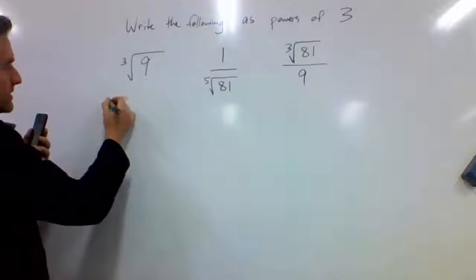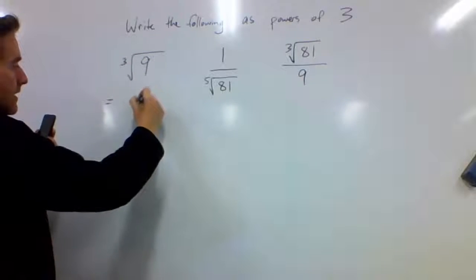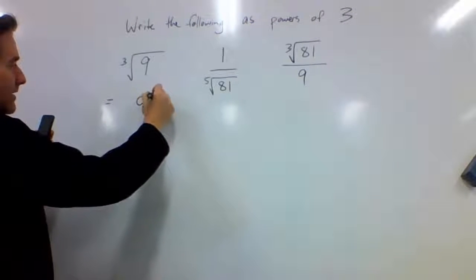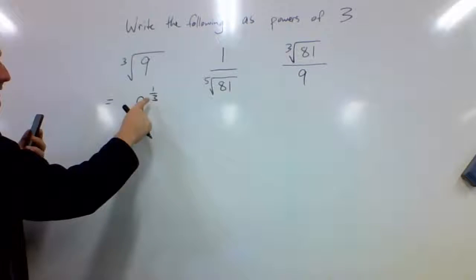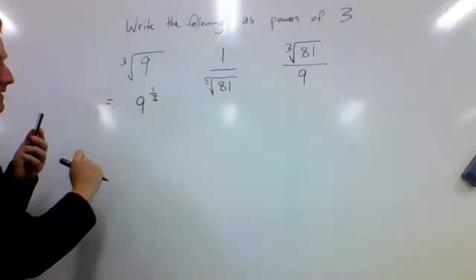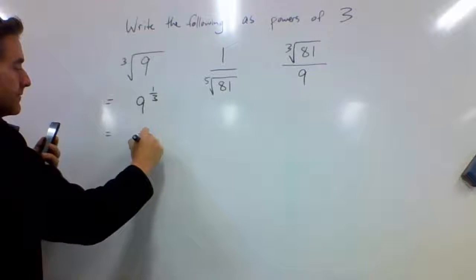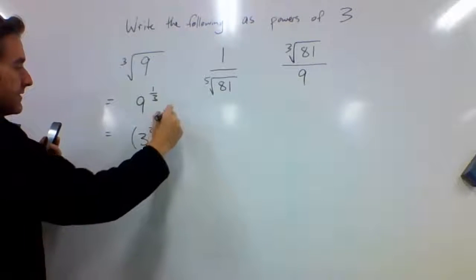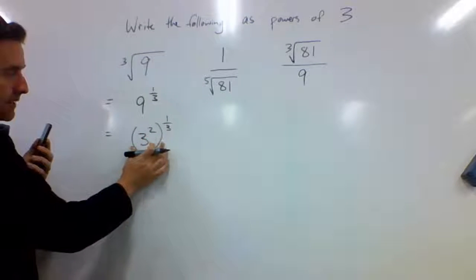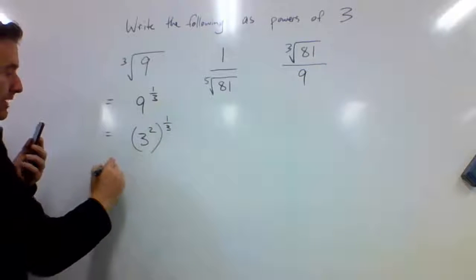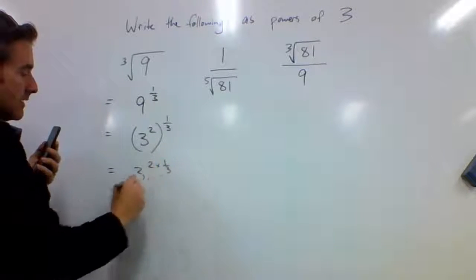The first step I'm going to do here is rewrite this as a fractional index. So 9 to the power of 1/3, because the cube root sign there is the same as 9 to the power of a third. Then I'm going to write 9 as a power of 3. That's 3 squared, and that's still to the power of a third. And I know that if I have got the power inside the brackets and outside the brackets, I need to multiply them together. So it's 3 to the power of 2 times a third,